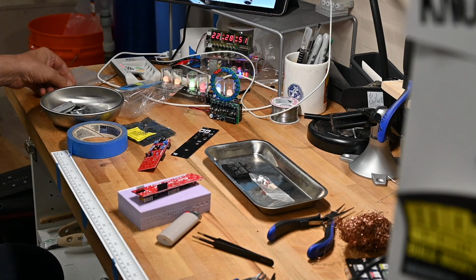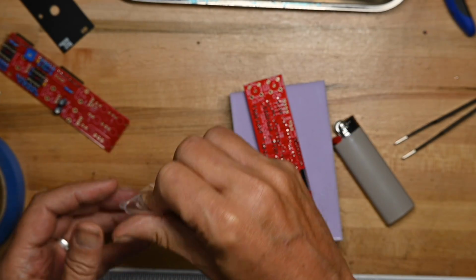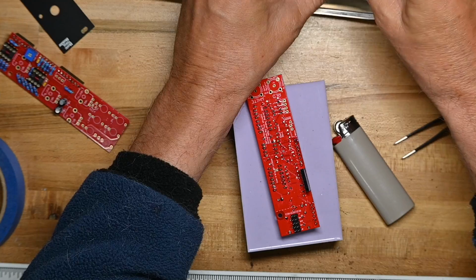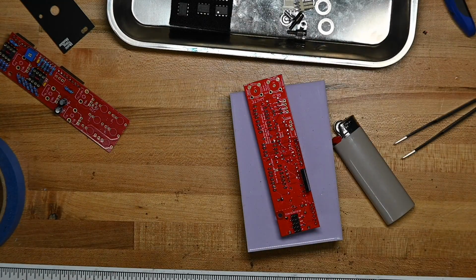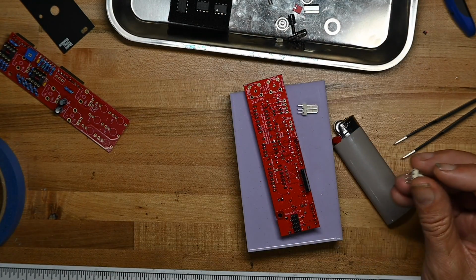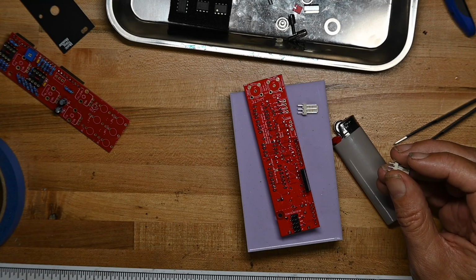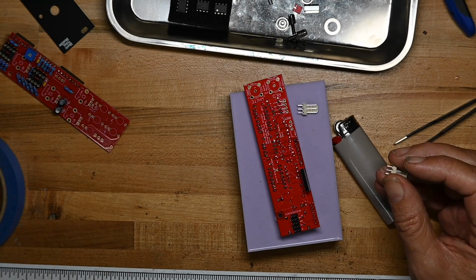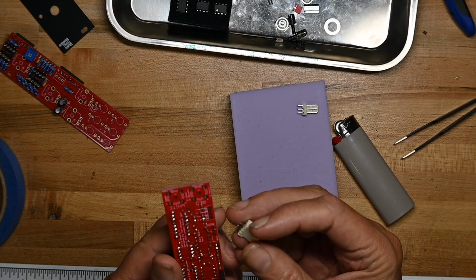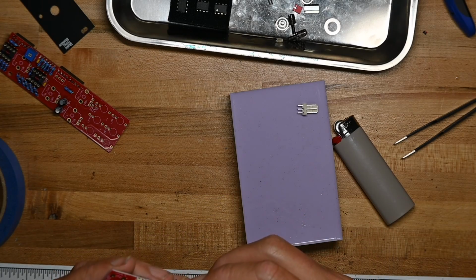Okay, now we've got expansion headers. Where are they? Oh, there they are. It's these little guys. I believe this is where the digital brick, the digital reverb tank you could buy, a little guy, goes on this, and we're not going to be using it, but we're going to install the headers anyway,